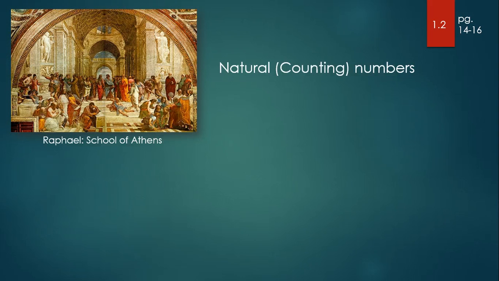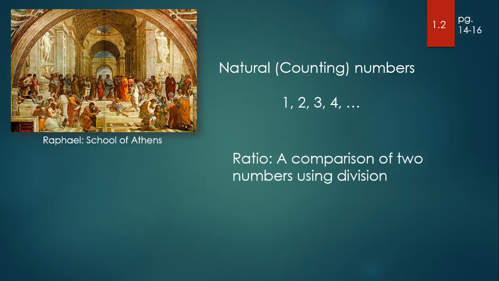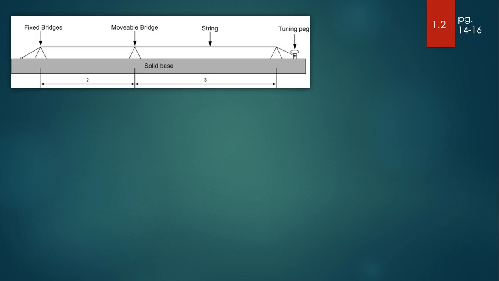Now we've already learned that during the time of Pythagoras, the Greeks only knew of the natural numbers or the counting numbers. But they also knew something about ratios, which was a comparison of two numbers using division. So even though the Pythagoreans or the Greeks during that time didn't know about fractions, they did know how to compare two numbers. Now that comparison is what Pythagoras used when he was looking at different notes that were harmonious